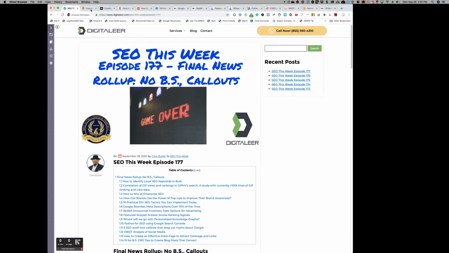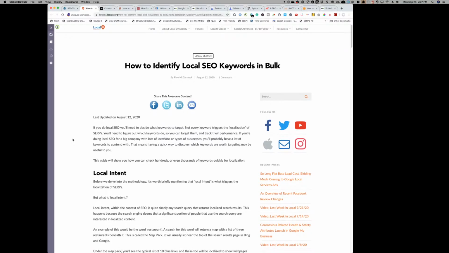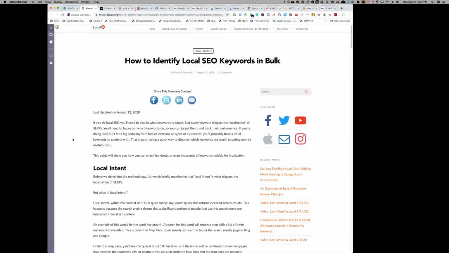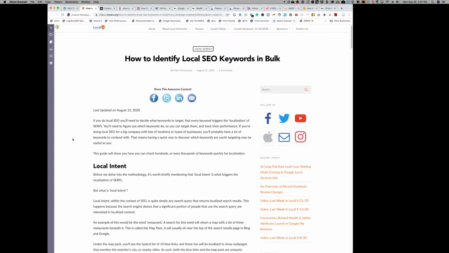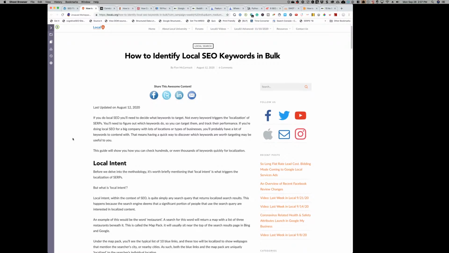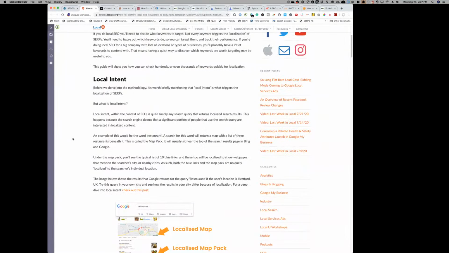All right, so here we go. First one, how to identify local keywords in bulk. I think as SEO practitioners, with any amount of experience, you tend to figure out how to do keyword research in your own way that works for you. But sometimes it's good to just hear new ideas and new tips and new ways to break things out. And so this one, it's a decent